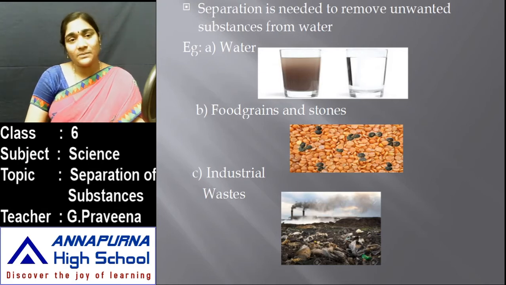Here in the first example, in the first beaker you can see water which is a mixture of many impurities. The water that you get from the taps is a mixture of chemicals. It might consist of a few soluble and dust particles. So water is a mixture. This water you take through the filters that we are getting nowadays, and we get it purified. We separate those impurities from the water so that we get fresh water.